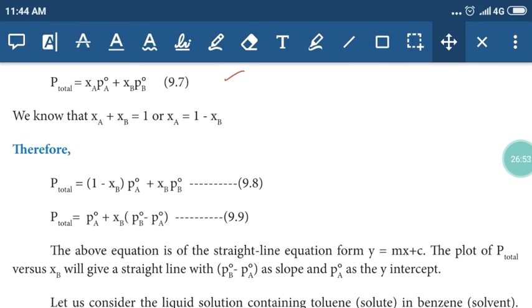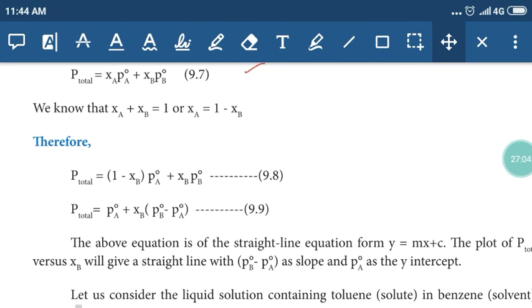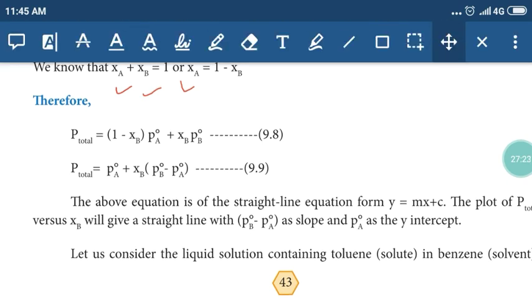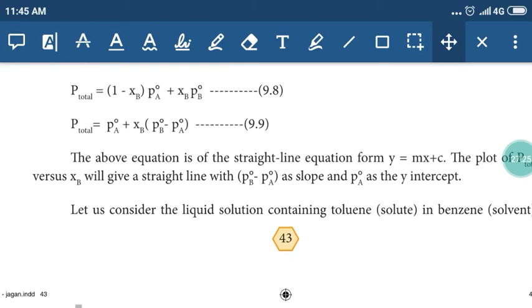And we already studied in the beginning of this lesson, you just add mole fraction of both the components, the total value will be 1. Mole fraction of component A plus mole fraction of component B. Add mole fraction of both the components, the value will be 1. So from this we can calculate mole fraction. XA is equal to 1 minus XB. XB means 1 minus XA. Based on this we may calculate the unknown mole fraction also.